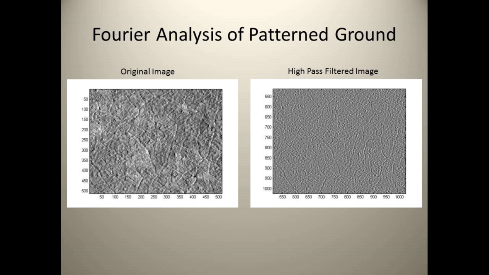And so what I do here is I show that I can take a picture of pattern ground terrains. Here you can see these very crisp polygons outlined by these different troughs. And I can filter out a lot of the brightness details and some of the shadows and really focus on the outlines of the polygons themselves. I can capture their edges. And then I can use some of the features of the Fourier analysis to determine the scale most critical for these filters, which are indicative of the size of the polygons themselves.